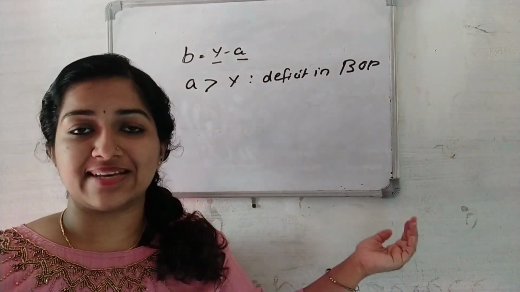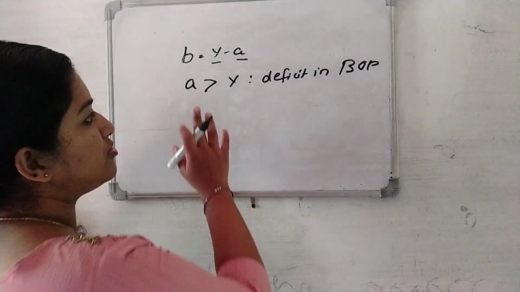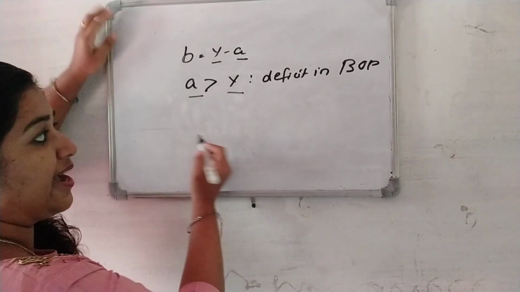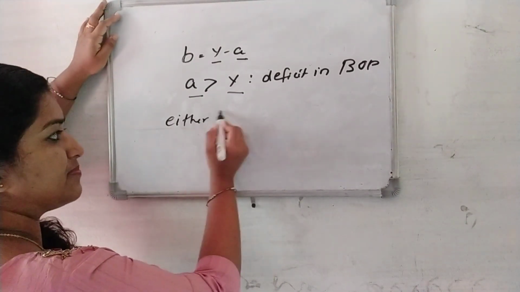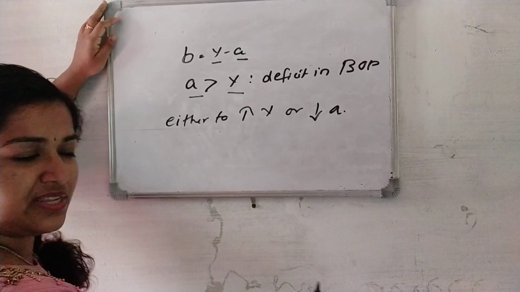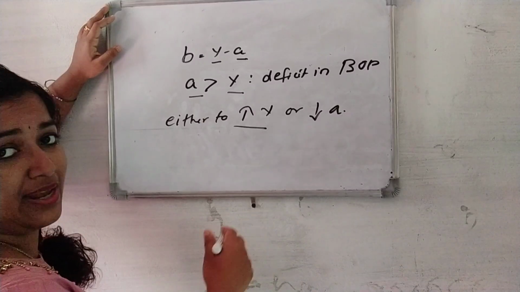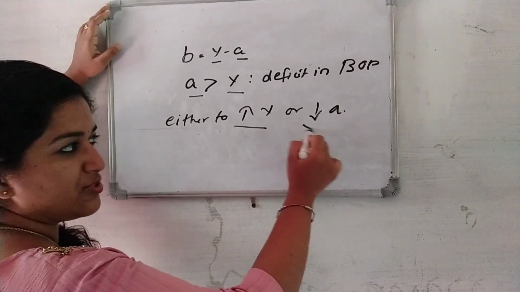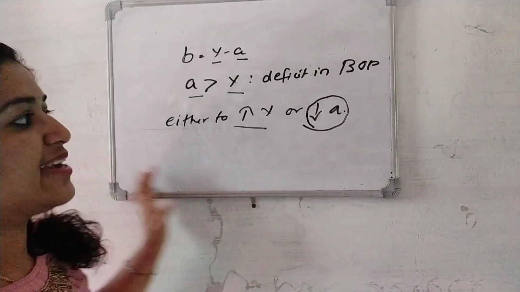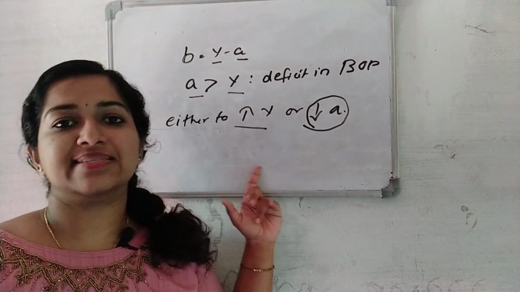To correct this situation, or to bring equilibrium in balance of payments, it is necessary to increase Y or reduce A, that is domestic expenditure. Increasing income is not an easy way to correct balance of payments disequilibrium, and the solution here is only reducing A, that is domestic expenditure. So the reduction in expenditure method is better than increasing income.